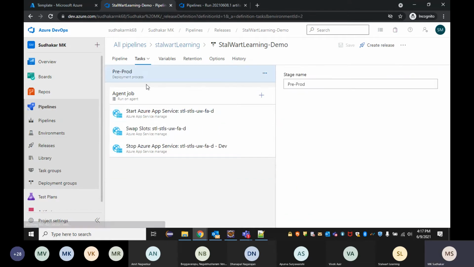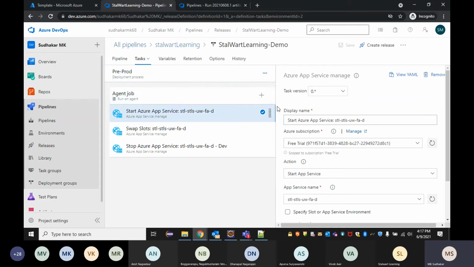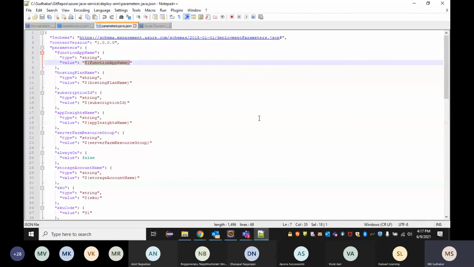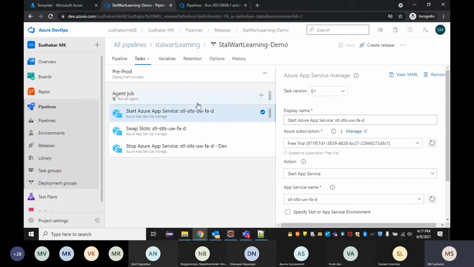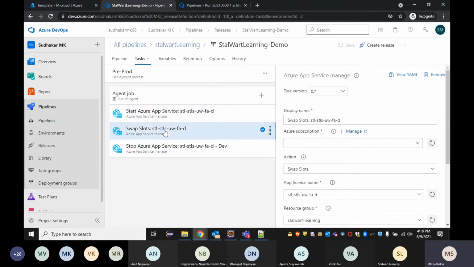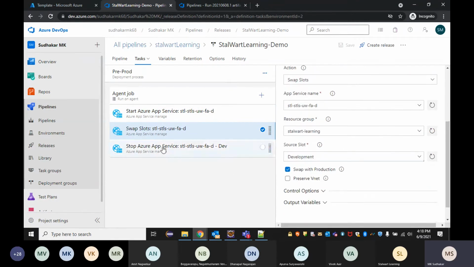Now let's get into the second stage, pre-prod. This is the second stage where I said three steps, right? We are going to start the slot, swap the slot, and stop the other slot. Same way, I'm going to start the function app slot which is newly deployed, and swap it with the old version of the function app, because swap with production, you can see.